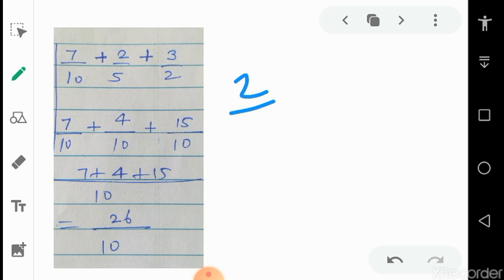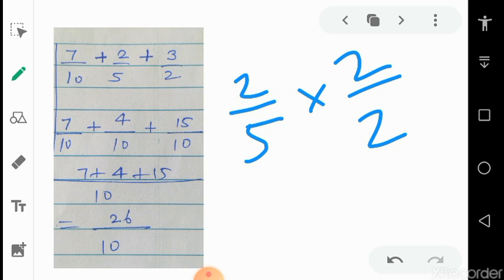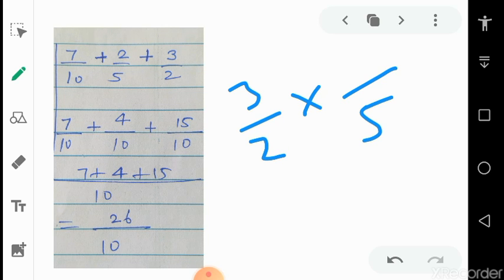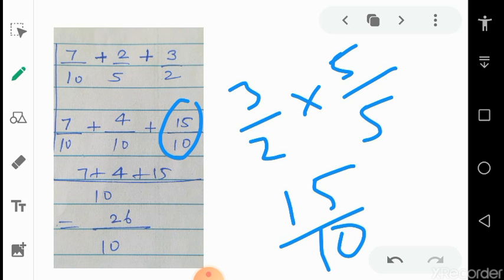We don't need to multiply by any number. Now the second fraction is 2 upon 5. So we want to make 5 equal to 10. It means below we will multiply by 2. So we will also write 2 here, and it becomes 2 2s is 4 upon 10. Here 4 upon 10, we have also done this. Now the third fraction is 3 upon 2. Now we want to make 2 equal to 10. So we multiply by 5. Both the values will be multiplied by 5. As you can see, it is 15 upon 10. So we have written the third fraction.